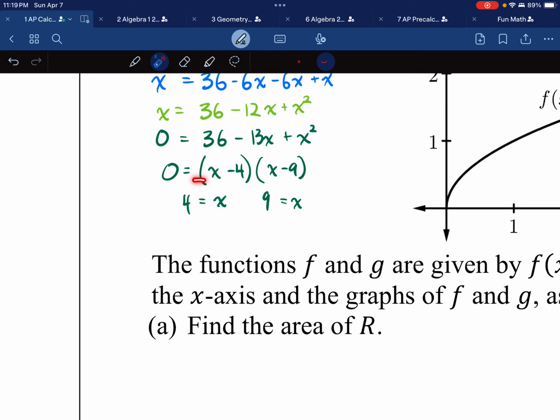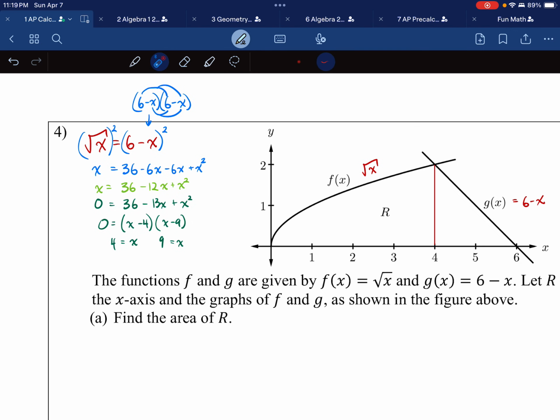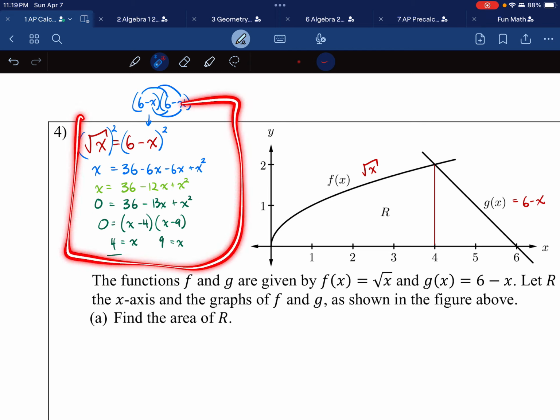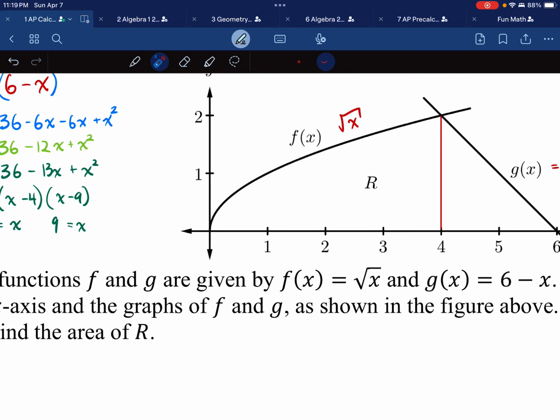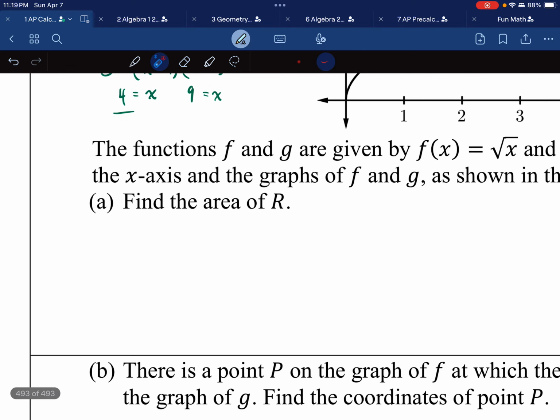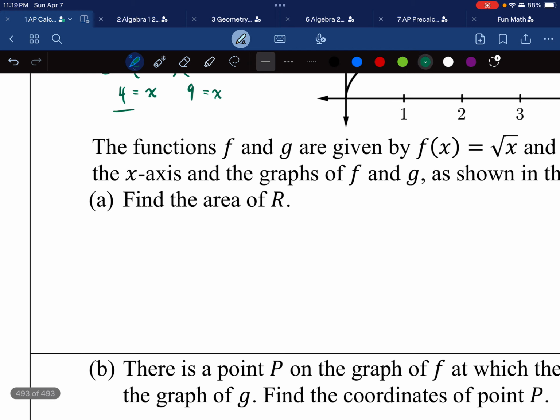And hey, look, that's one of the solutions. It's x is equal to 4. I verified that it is indeed one of the bounds. Okay. Did I need to do all of that? Did I need to spend 10 minutes of my life frustrated that I couldn't solve a problem? No, but I feel smarter that I memorized my times table a little bit better, that 9 times 4 is 36, so there's that. Anyway, we have capital R is equal to the integral of the left plus the integral